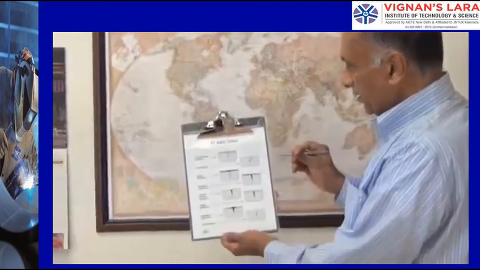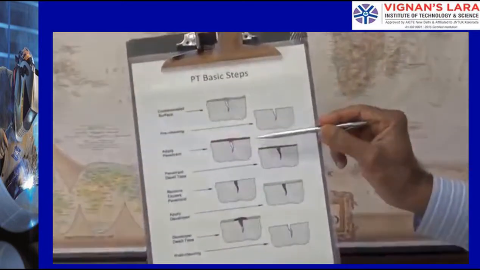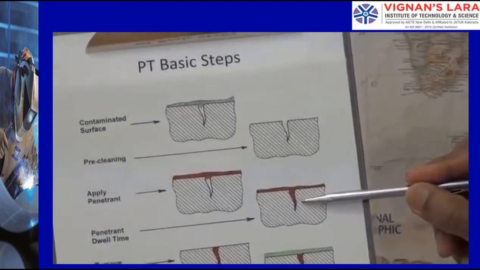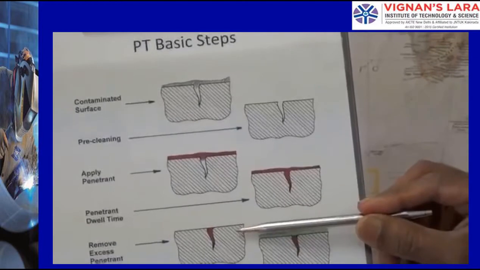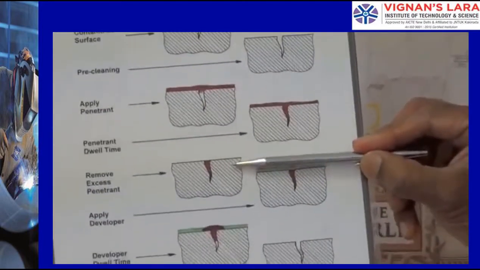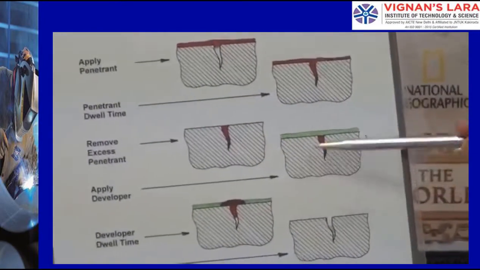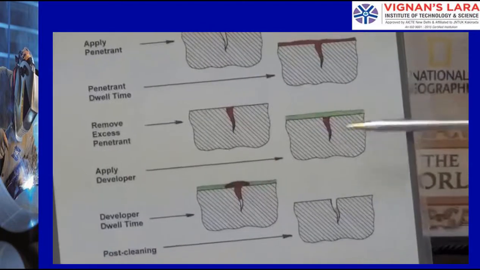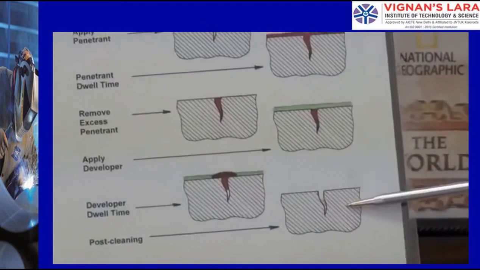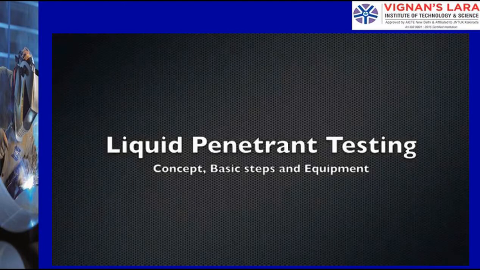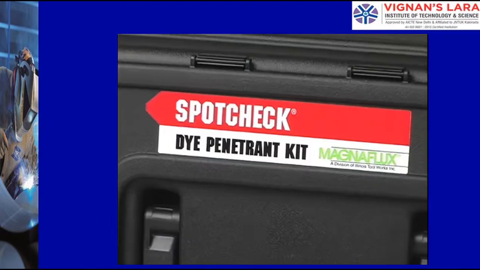In summary, the basic steps of liquid penetrant testing are shown here in this diagram. Cleaning, applying the penetrant, dwell time, which is about 5 to 10 minutes, removing excess penetrant using one of those 4 methods, water washable, emulsifier, or solvent removable, and then applying the developer, which is right here, and after the developer dwell time, we do the examination for detection of the indications. Spot check is the